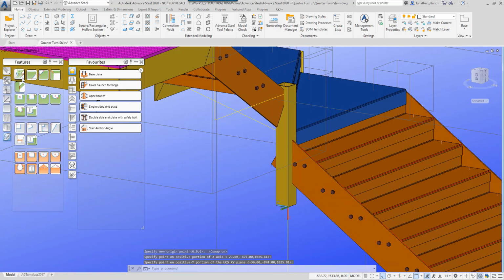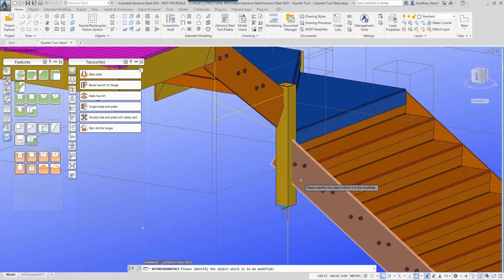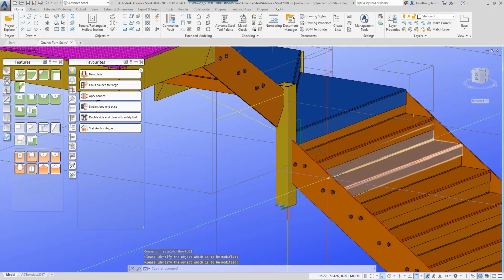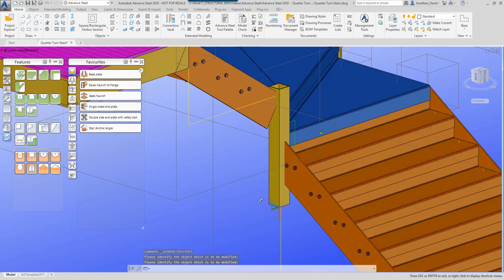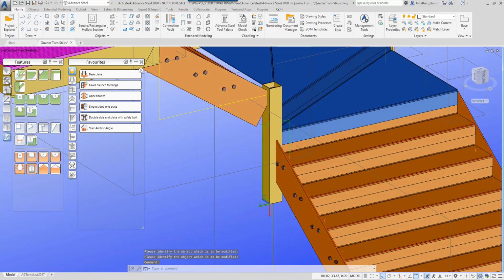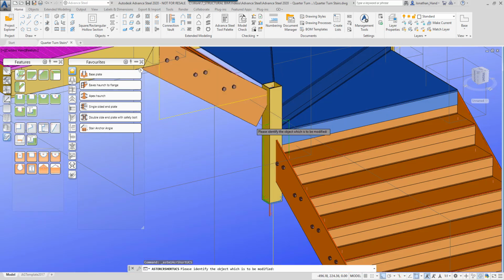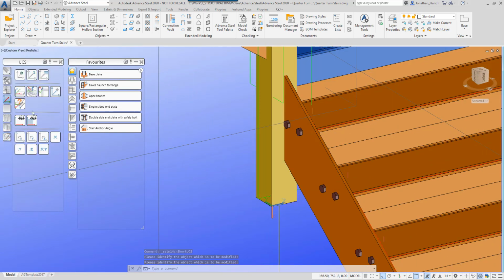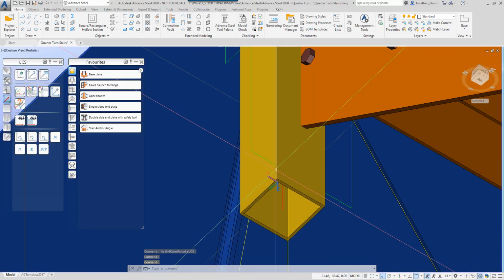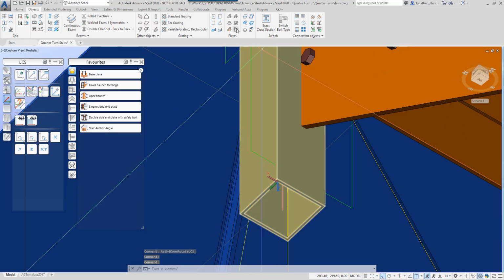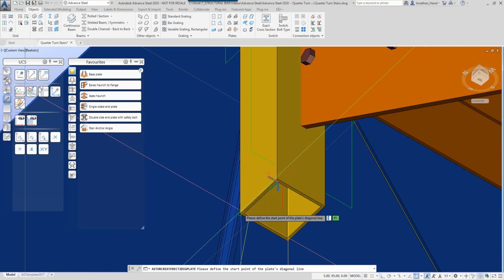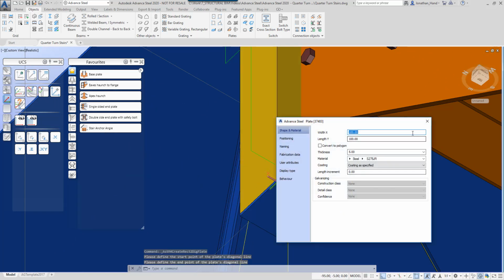I'm going to cut UCS to cut the stringer to there. I may want to just rotate the UCS round there, and then I'll cut that stringer in there. And while I'm at there, I'm just going to rotate along here, and I'm going to put a little cap plate on the bottom. So again, I could just go with an end point to end point, and let's say with an 8mm plate,